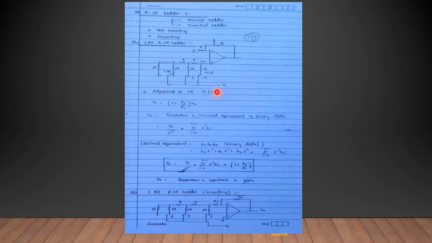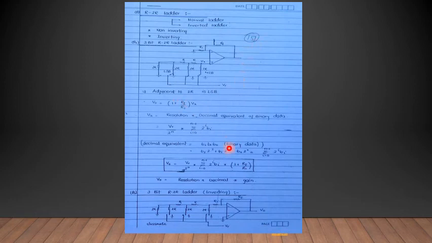the digital input? The decimal equivalent is B2, B1, B0, because it is the binary data multiplied by 2 to the power 2, 2 to the power 1 and 2 to the power 0. By this we are going to calculate the digital value. Suppose 100 is the digital signal, so 100 means the decimal equivalent is 4. So 4 is multiplied by this value and it comes out as the analog output.